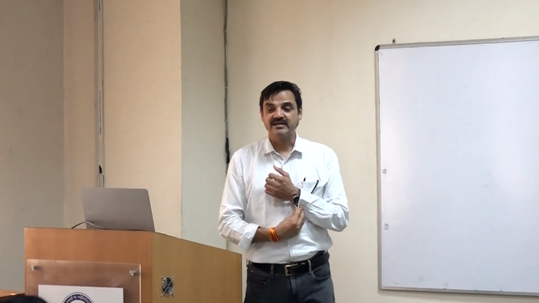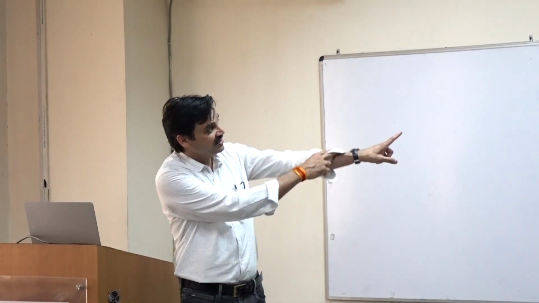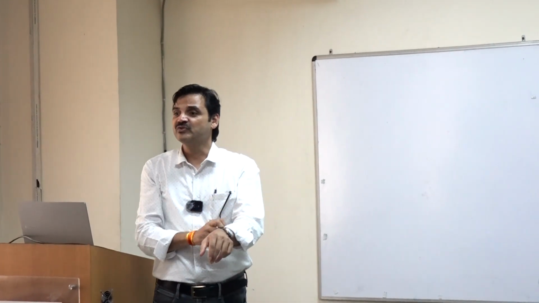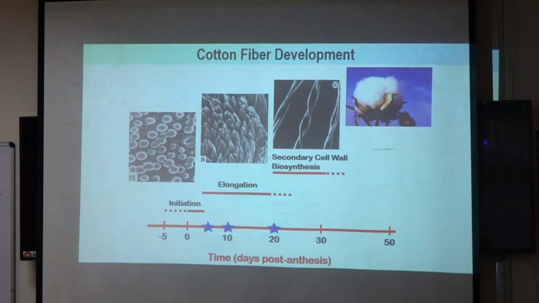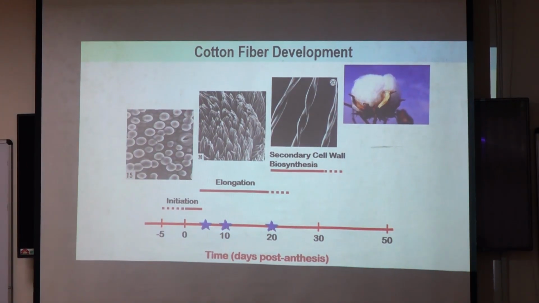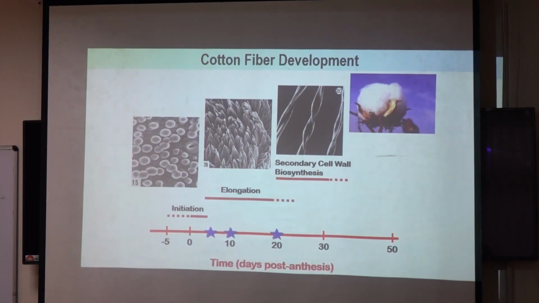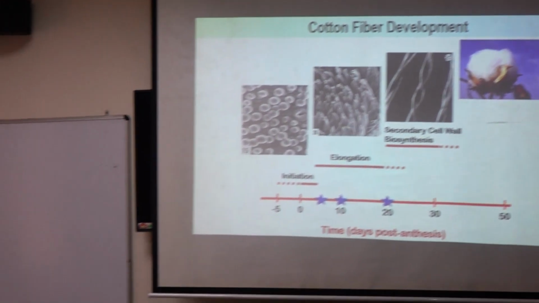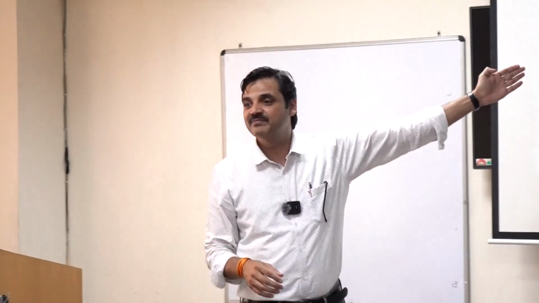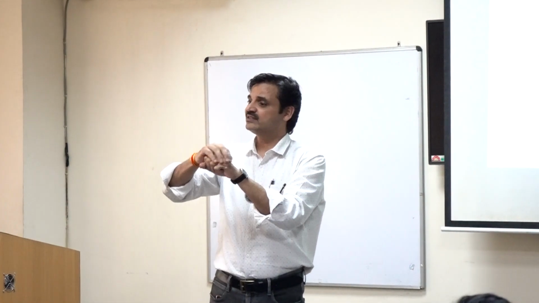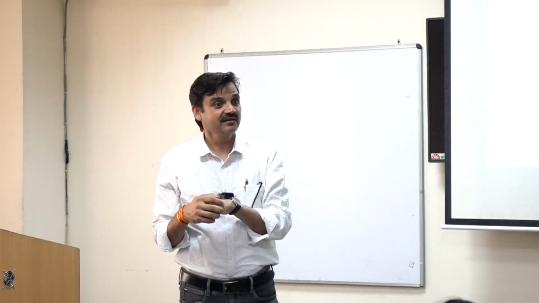If we go back and look at the scanning level, we see how fibers are being formed. The first picture shows initiation, the surface of the ovule. Ovule is the early stage of seed; it will be a seed after some time. The ovule surface is scanned with scanning electron microscopy, and it shows these small dots. They are protuberances coming out from the ovule surface, and after elongation they become fiber ultimately. From the ovule surface, the cells elongate and make a 5 to 6 centimeter long single cell, and that is fiber.